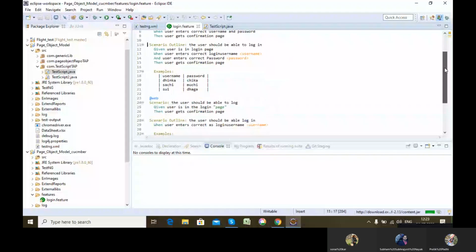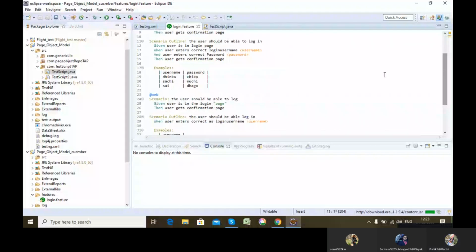Then there is one scenario in which you can parameterize the value from this feature file. I will write the step definition file which corresponds to this feature file, and I'll show you. Here I'm showing how to write the feature file. Another way of writing it is to parameterize the value of this keyword with a single value.